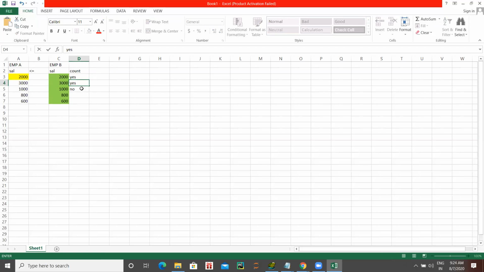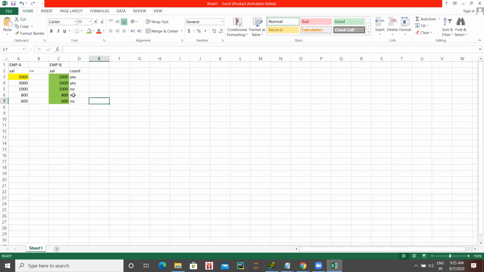Now 2000 is smaller than equal to 800. No. 2000 is smaller than equal to 600. No. Okay. Now count how many yes are there. 2. So now the count is 2.